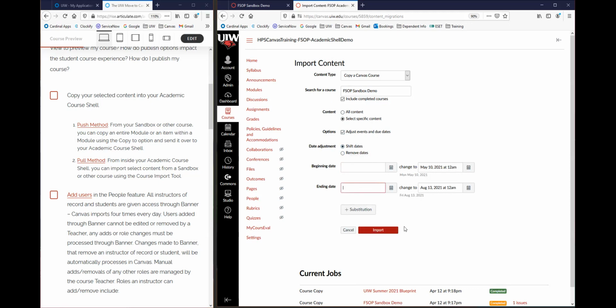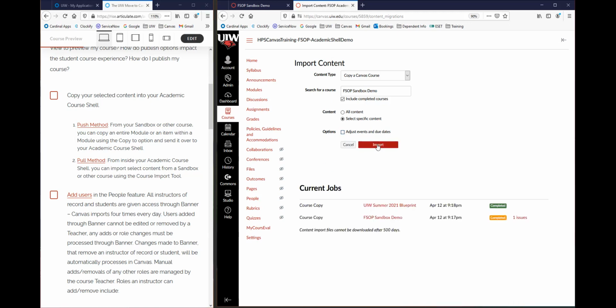And when you click import, it will change all of your due dates according to the calendar for that year and a day that it usually shifts. So it'll handle all of that for you as long as the due dates were programmed into the course. And that applies not only to due dates, but also to available opening dates and the lock dates, available and until. So I'm going to say, I don't want to adjust my events and due dates for this